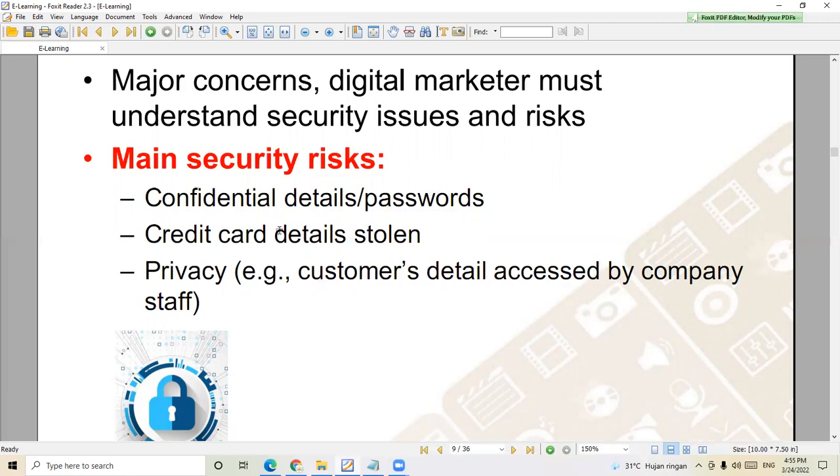And the company should store that information, not only the credit card information, but also the other personal information about the customers. And what happens if the information is stolen? It can affect the customer's privacy as well, because the data, the information are being stored by the company, and